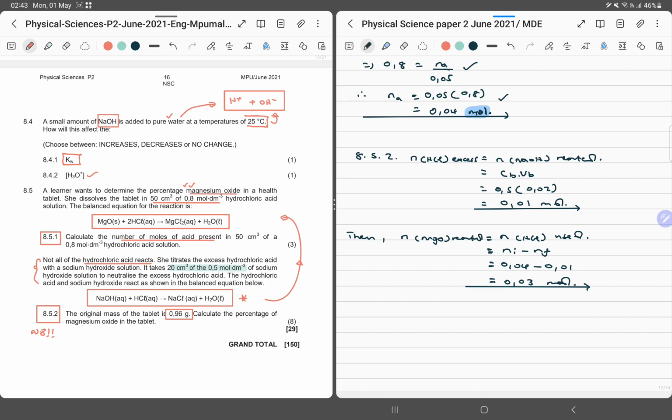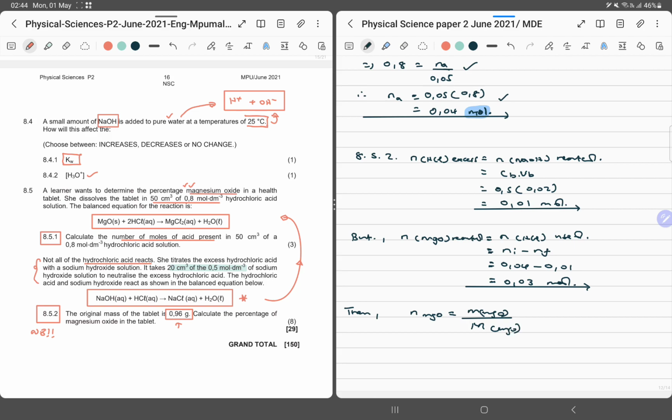Now that we know the number of moles of magnesium oxide, we can then work out the mass because we're given the mass of the original tablet. We can say this implies the mass of magnesium hydroxide. Let's use a "but". But that is the story. Then what? We know that the number of moles of MgO is equal to the mass of MgO over the molar mass